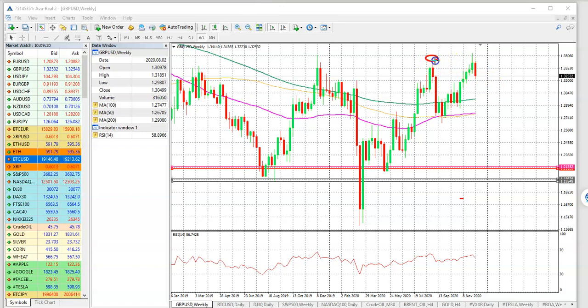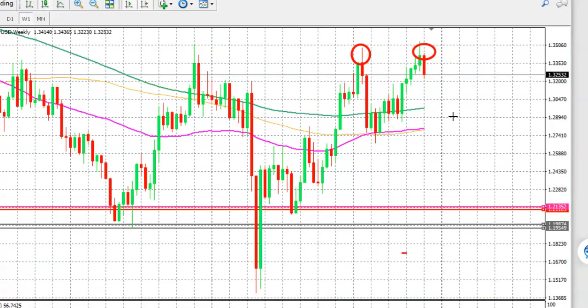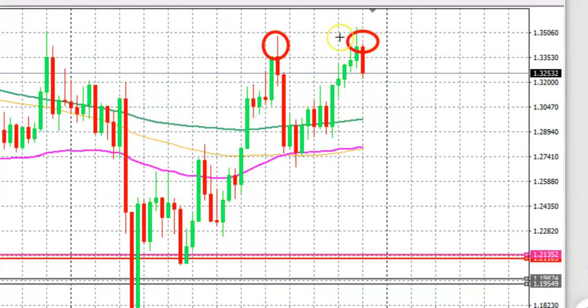So this is your first top right over here, and this is your second top. Of course, the price didn't really go to the exact levels, but the price formed a double top like the one over here, and that means prices are more likely to reverse from these price levels. Reverse to what level? Usually it means the price can perhaps do at least a 30% retracement in terms of Fibonacci, or even some bit more. So we can easily see that the 30% level is already achieved,